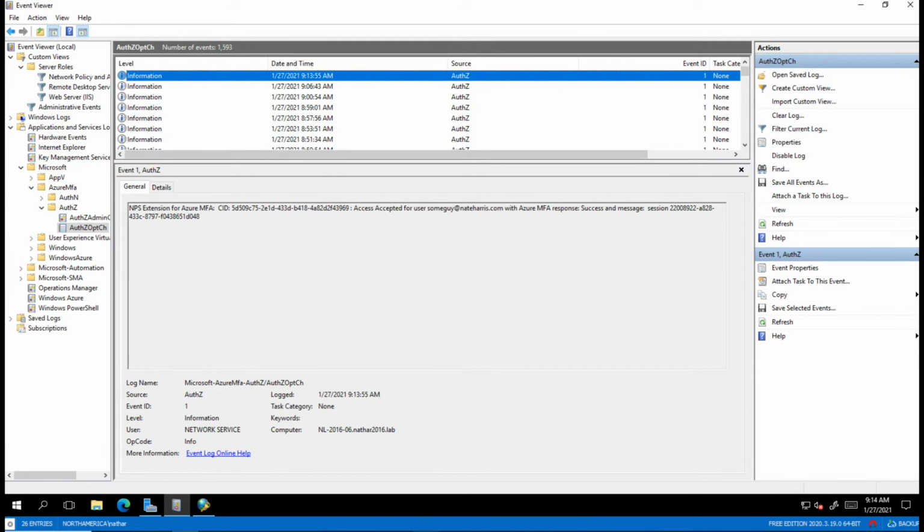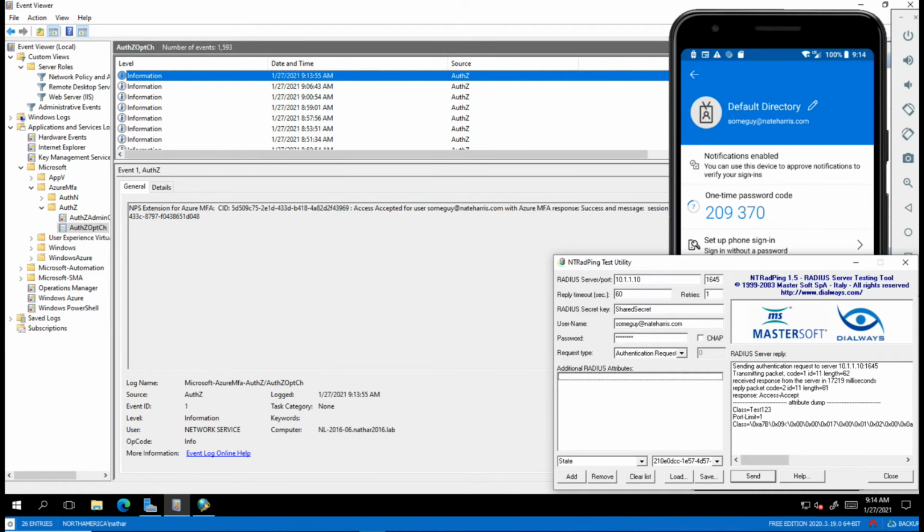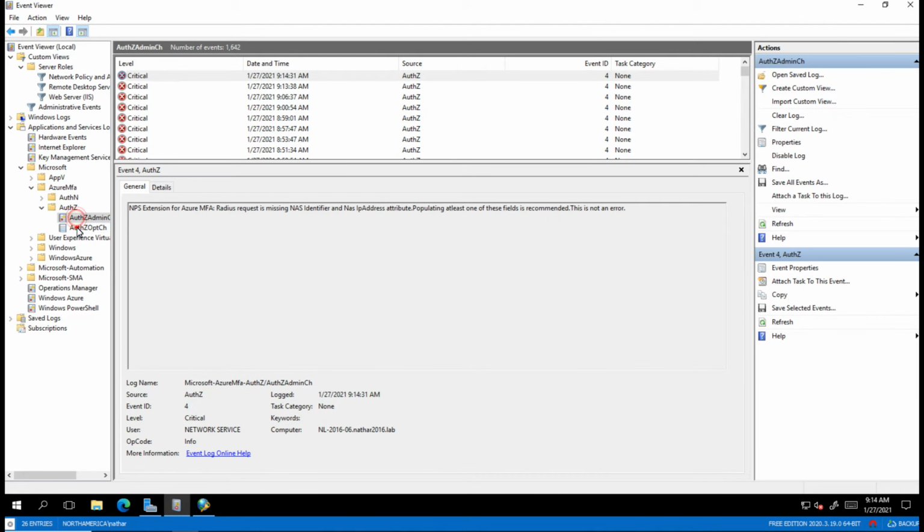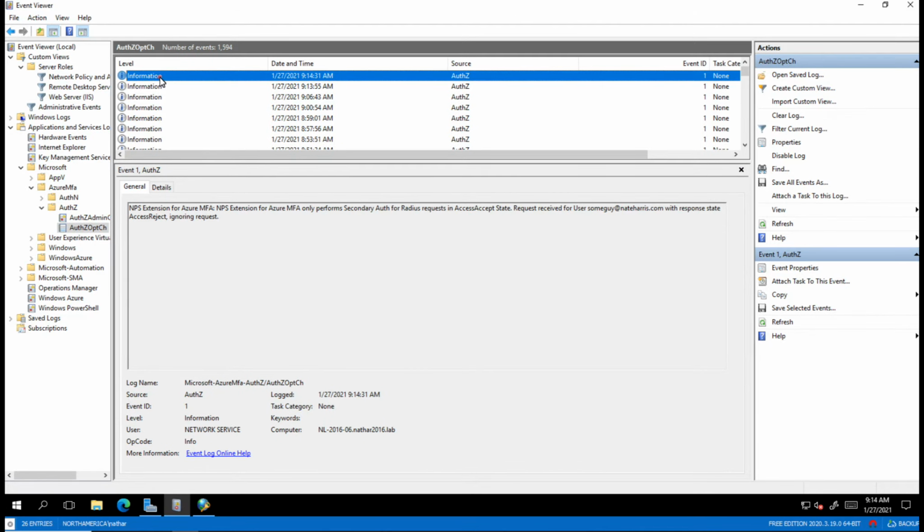So what happens if some guy fat fingers his password? Let me try that. Send the request. The request fails, as we would expect. But what did we log? So here we can see this is the MFA DLL writing the output, remember. And so if you read it from the perspective of that,